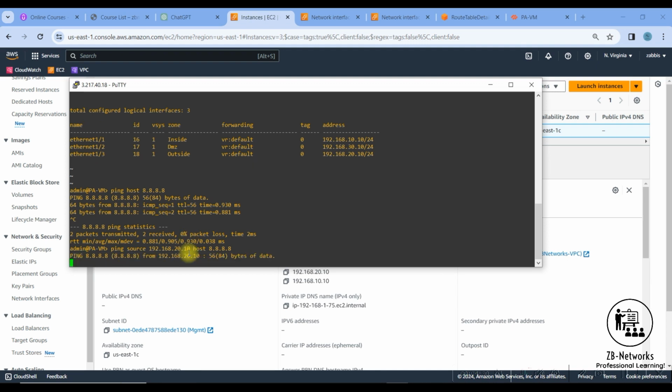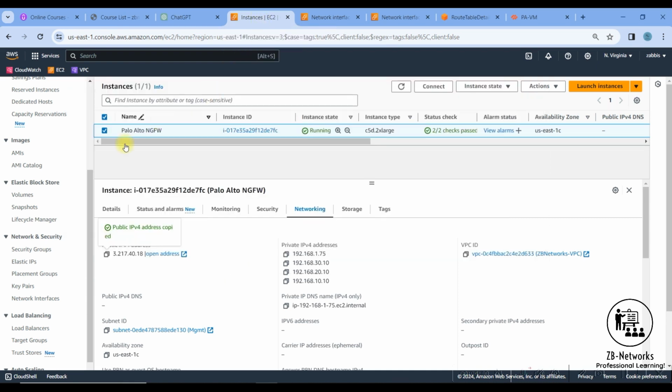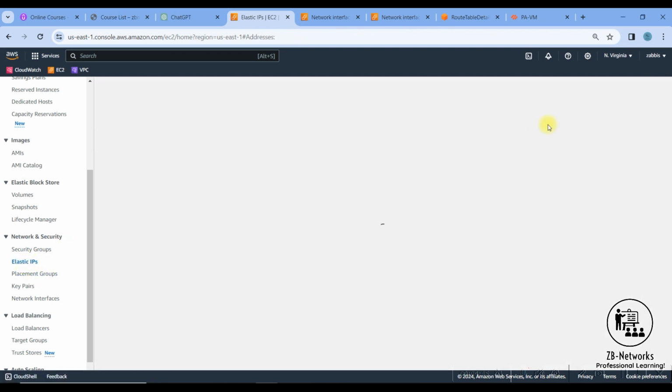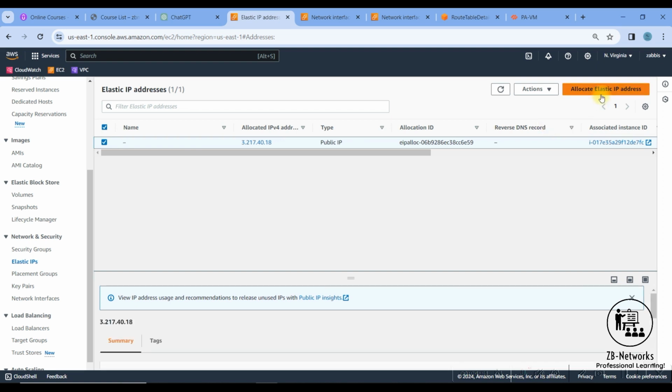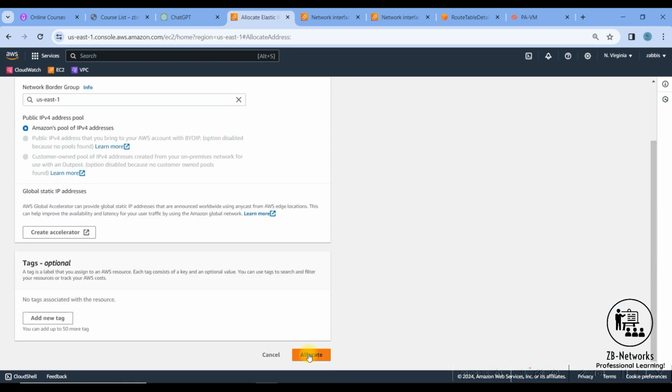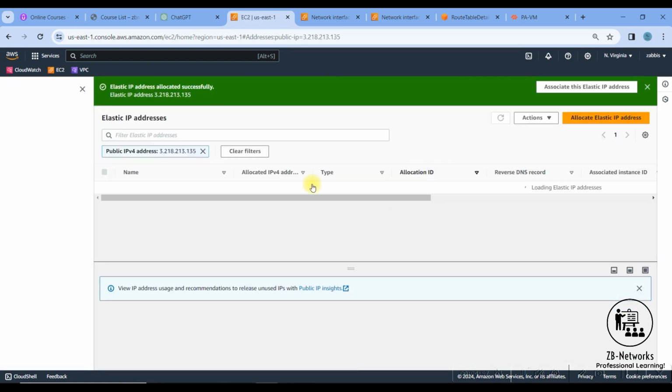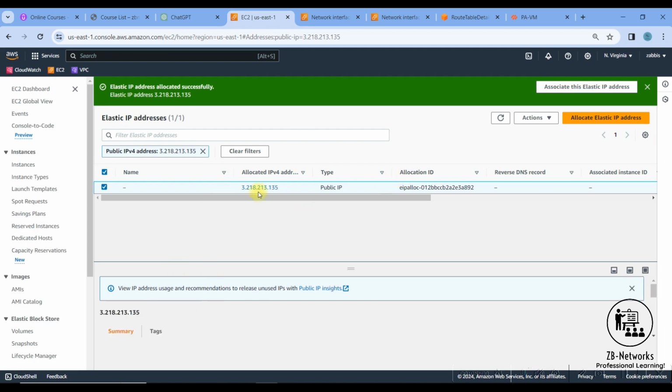Now why is this going to fail? I have the IGW there as well, right? But we don't have a public IP there. So let's go ahead and attach a public IP on the Palo Alto instance, or on the interface basically. For that, what we need is an elastic IP, because my Palo Alto should have internet reachability, right? So any data plane traffic that is coming through will go via the outside interface. So I'll just allocate an IP, like this,